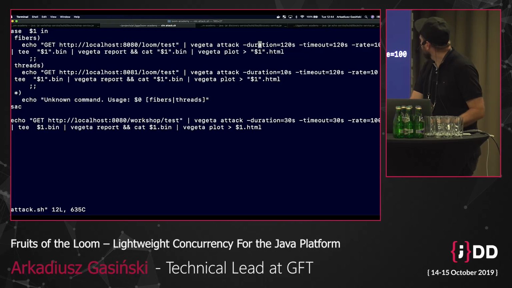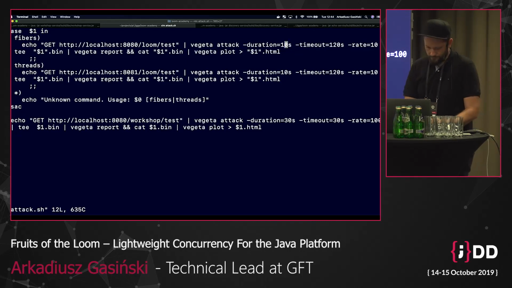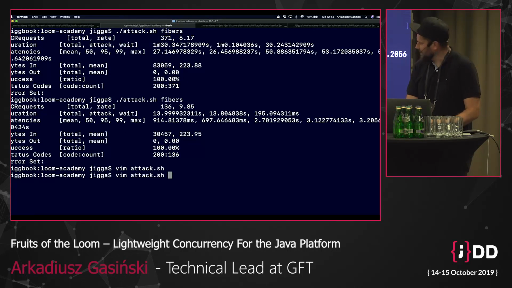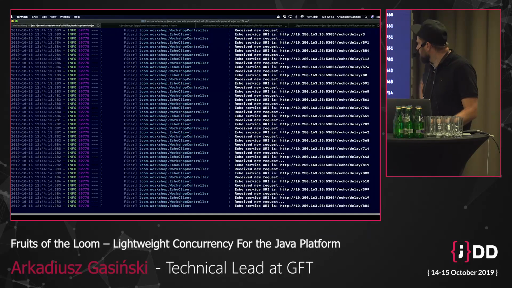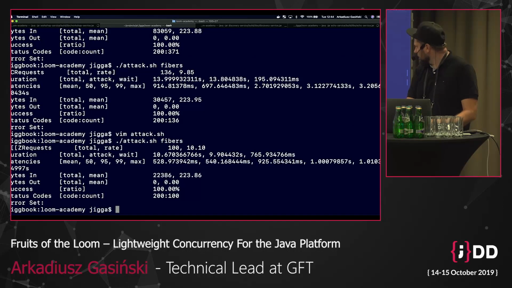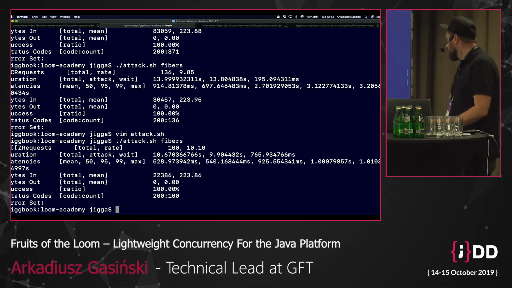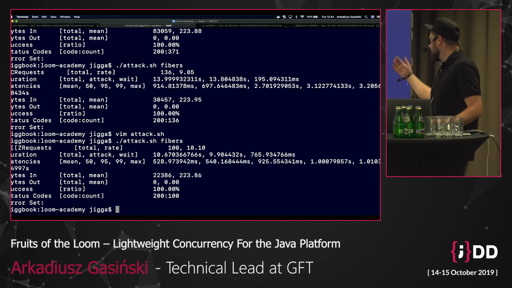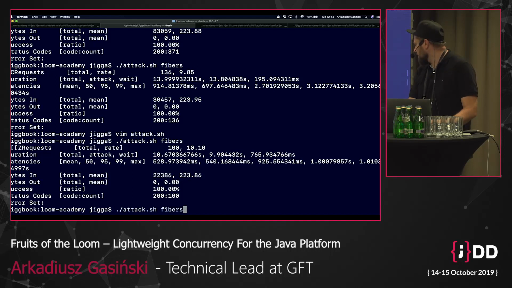And let's run it again. So we see that there is the load there, and hopefully it finishes. Yeah, it finished within 10 seconds. So as it should, we see the 100% success ratio, but we still have 2 threads, and that was only 10 requests per second, so actually not that much.